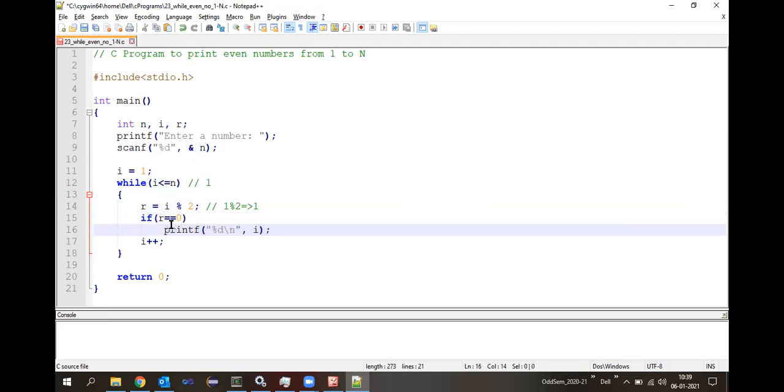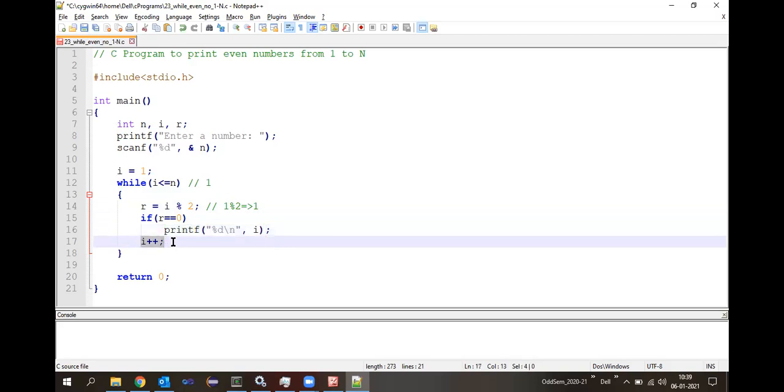If the condition becomes false, it will not execute this statement, it will skip it. Notice that since there is only one statement under the true block, I have not written the opening and closing flower brackets here. Since the condition is false, it will skip this one, then I plus plus will happen. Now I will become 2 next time when I use it, and then I is less than or equal to n, condition becomes true.